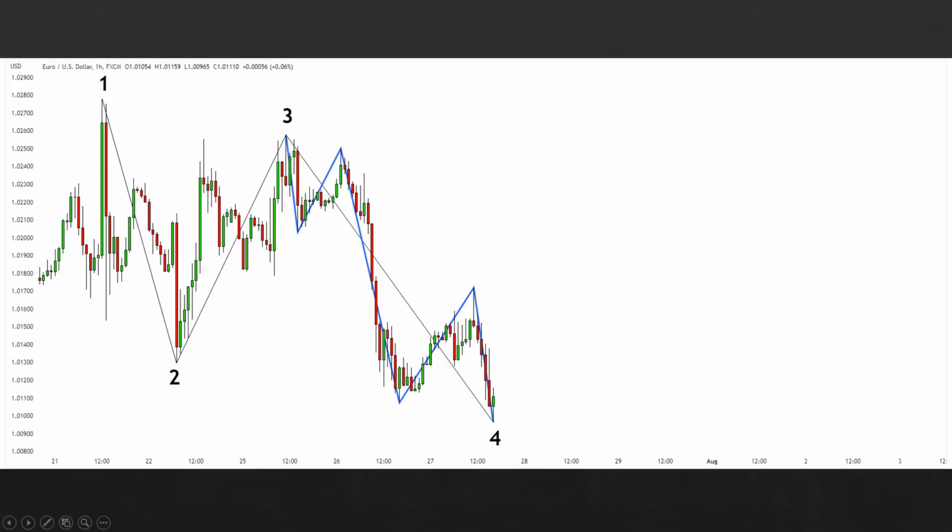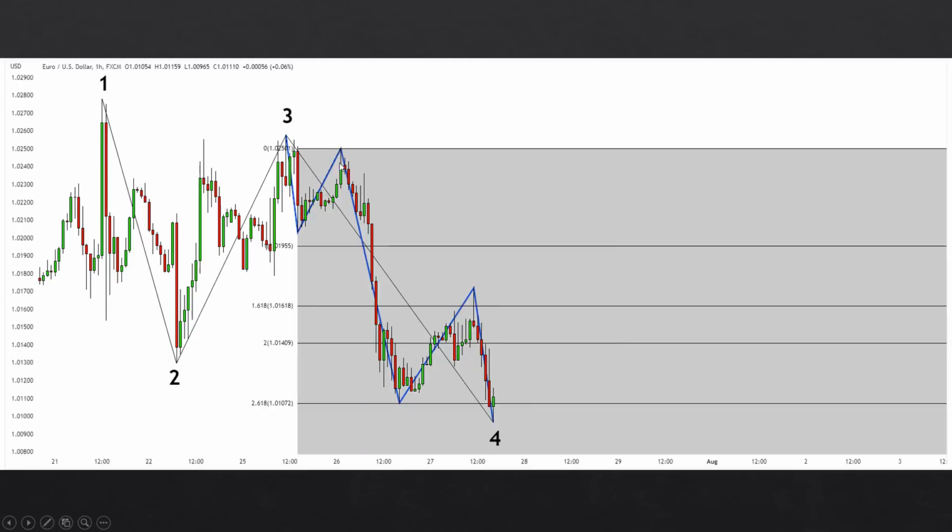I'm only concerned with the idea that we can find a wave count that fits the general rules and guidelines provided by the theory. Notice that wave 4 doesn't retrace into the territory of wave 1, and wave 3 is not the shortest wave. Along with the simple wave count, we can use Fibonacci ratios as Elliotticians do. By using a Fibonacci extension on waves 1 and 2, we can see how wave 5 apparently ends near the